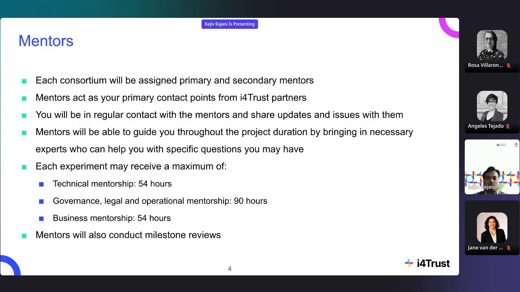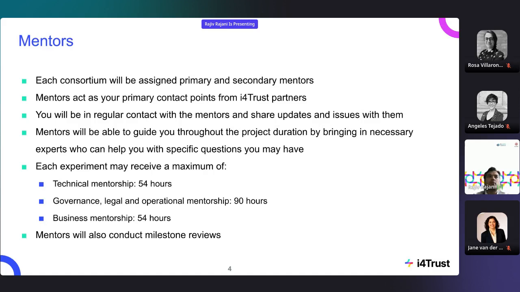Mentors will regularly have a synchronization with you and guide you throughout the project duration. And for that reason, the individual mentoring plan is quite important, because that is a shared document that we work on together, and that is what we mentors use as a guide to follow up with you on synchronization in terms of how you are progressing, and also for you to share with us all the details about your experiments, and with which our experts can help you where necessary very quickly.